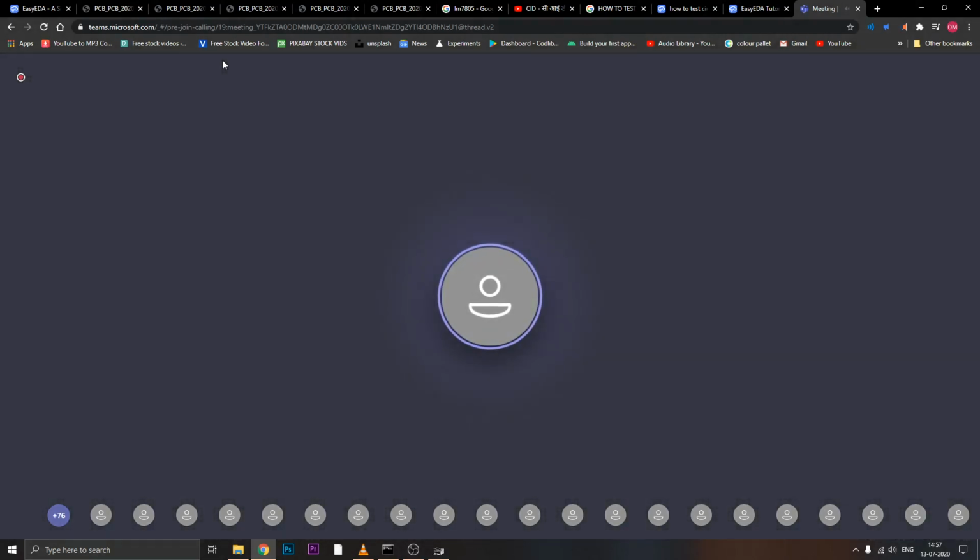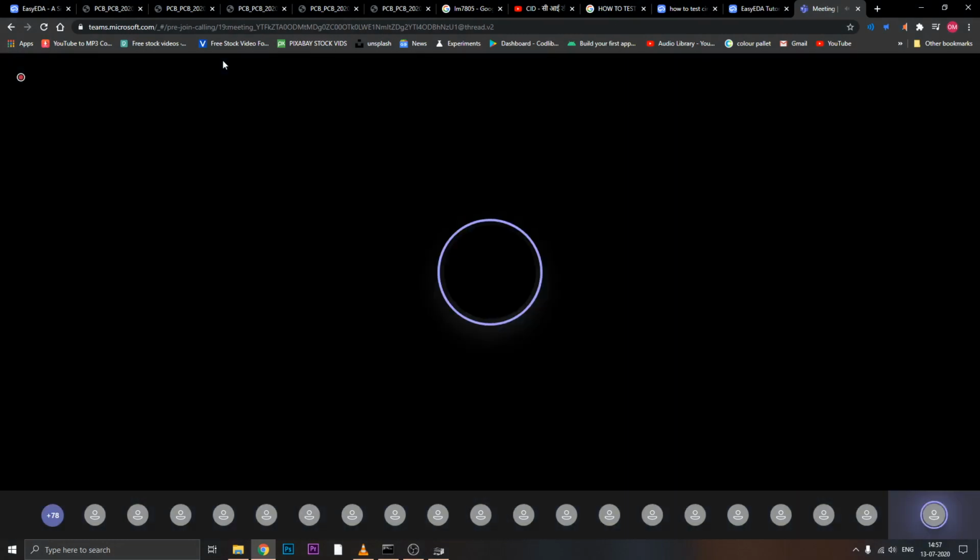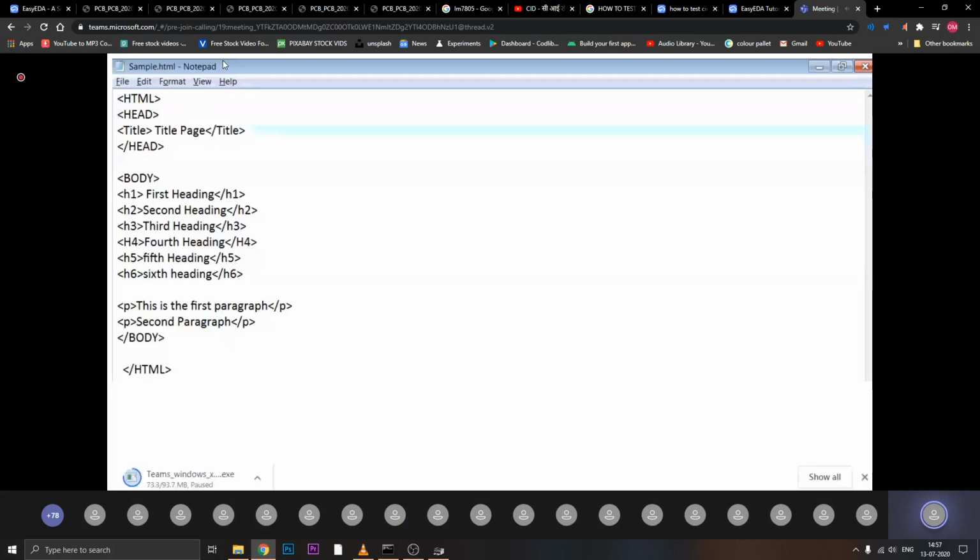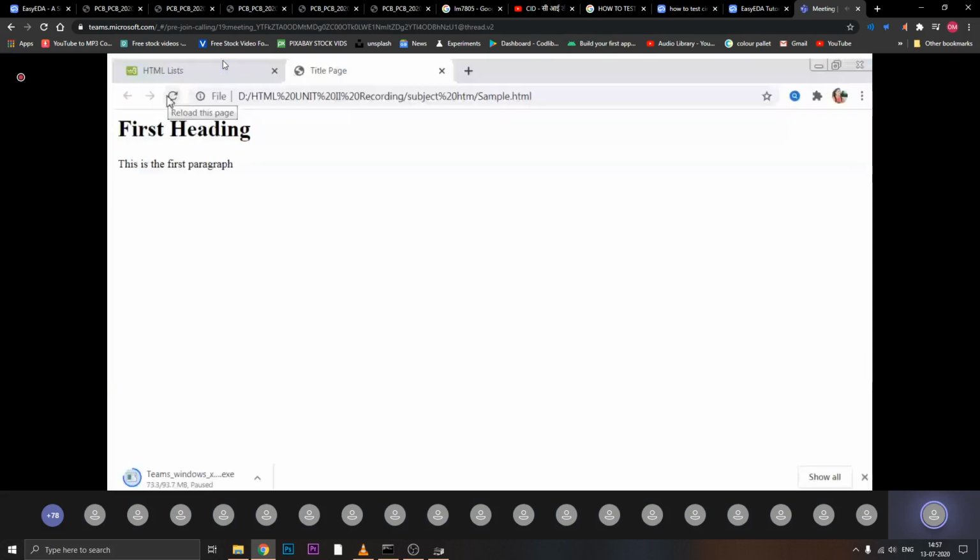We will see this in Chrome, how exactly it looks after changing some content. All you have to do is refresh the page using this refresh button. Then you will see whatever additional contents you have added in that HTML file appear on your web browser. So here you can see there is a font difference between the different heading tags. This one is the H1 tag, this one is the H2, then this one is the H3, and likewise it goes up to the sixth tag.